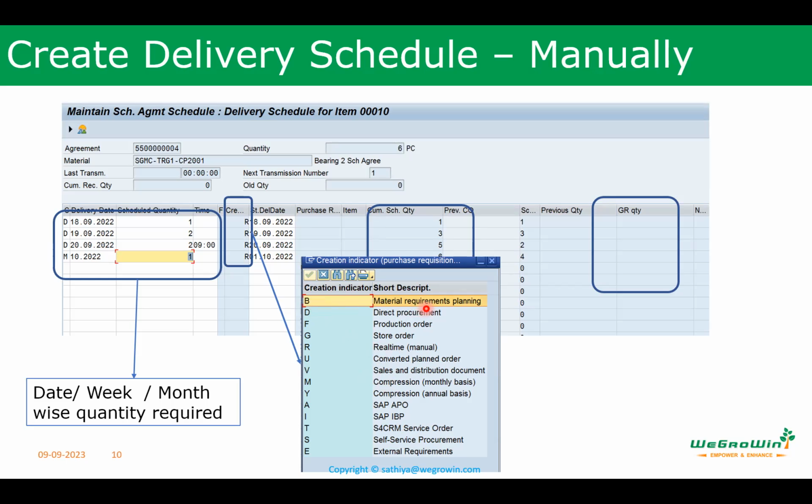No, sir. Its result is purchase requisition, and we convert purchase requisition to purchase order. This creation indicator will not be there in the purchase order from MRP. So which one will have these indicators? Only purchase requisition. Yes, sir. In purchase requisition, where can we go and see these things? In MD04, sir.